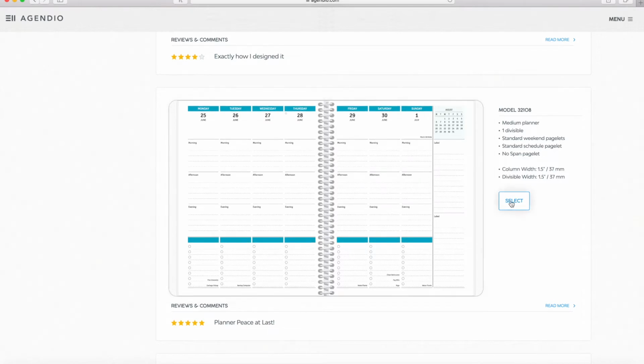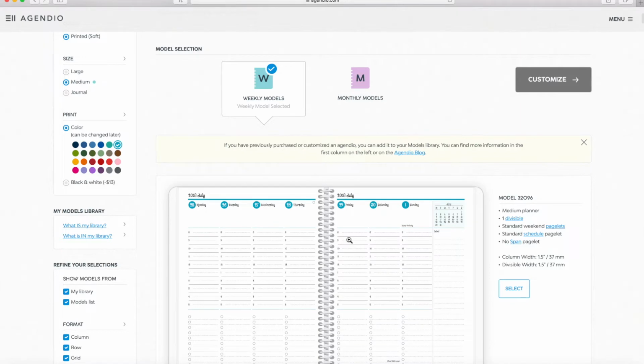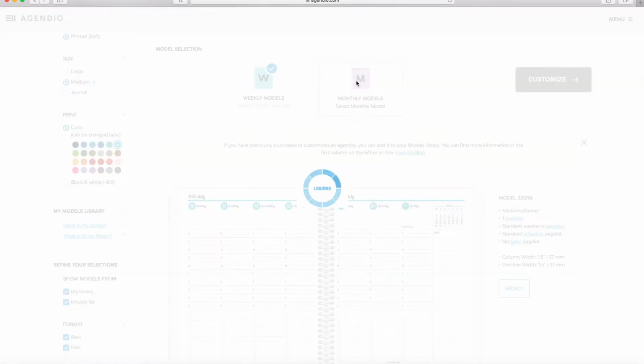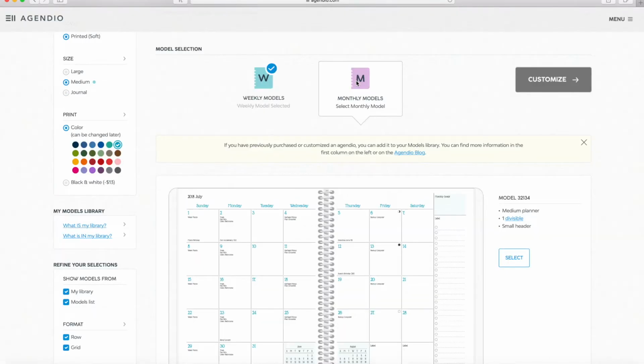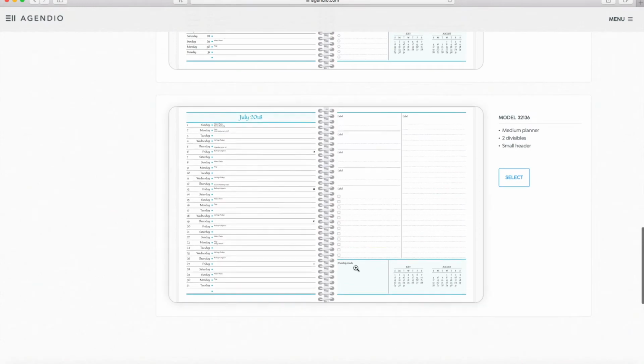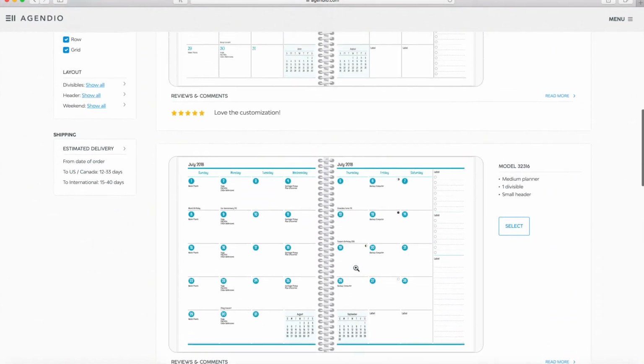I think I'm going to go with this one. So I selected that. Now you'll see the blue check mark up above. So now I can click over to my monthly and select my monthly. So the monthly, there aren't as many monthly options. There's 1, 2, 3, four monthly options,